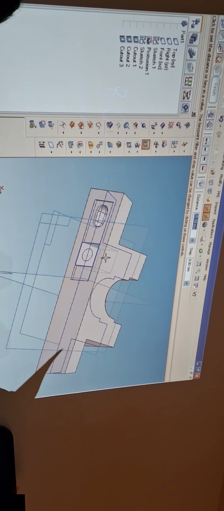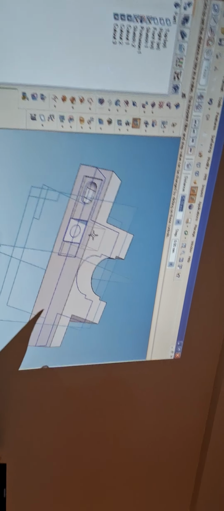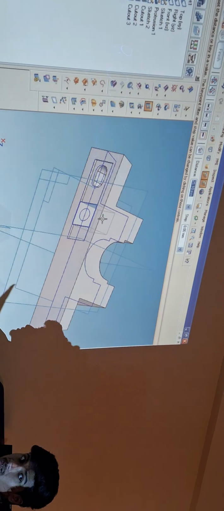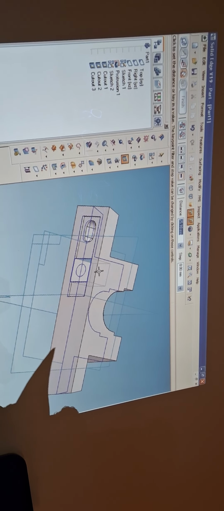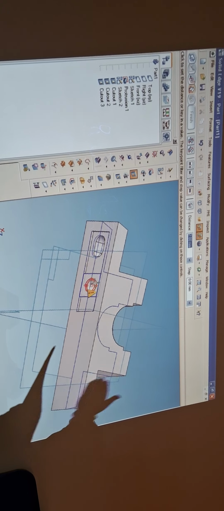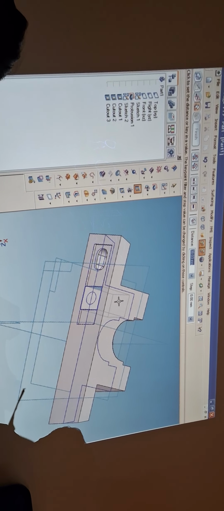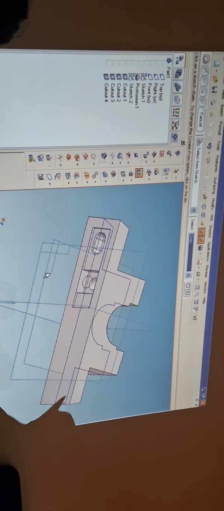What is the depth? Sir, 7 is visible, then do we need to add +2, sir? 7 is not visible. Total height, how much is it? 9. That is already cut. Already cut? 7, but actually, since we are selecting from the bottom, we have to add +2. Sir, this is already cut, isn't it? No, I am taking from the bottom. I have created all the sketches from the bottom only. From the bottom I have to go for 9 mm. 9. So from here 2 is already there, plus 7, total 9. Okay, yes sir.